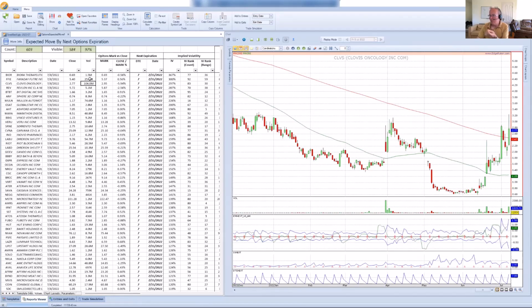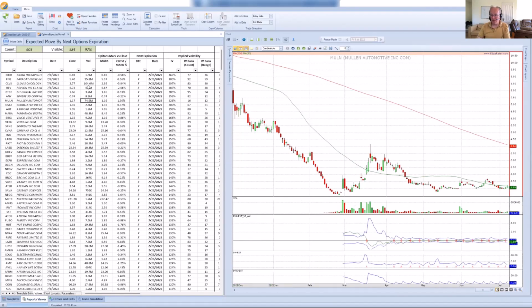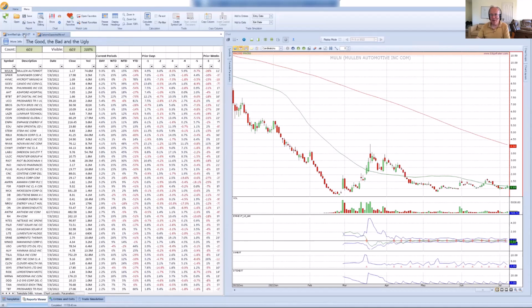It's now got some moving averages. It's got some areas below the volume showing the expected move next versus the actual move. It's showing implied volatility and the days to expiration. And the reason it's showing it is because I'm clicking on cells from a report that has been configured to show those layouts. If I go back to my good, bad, ugly report and I click on a row there,